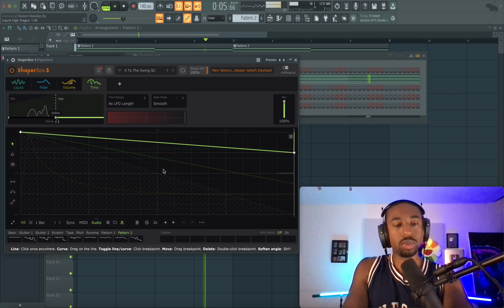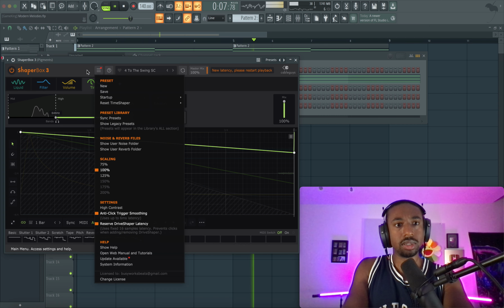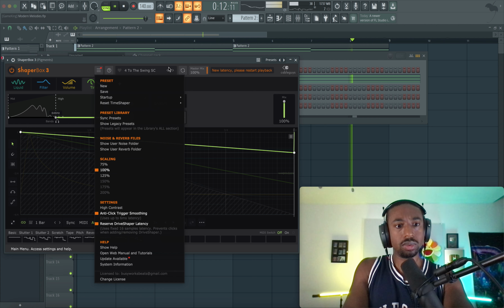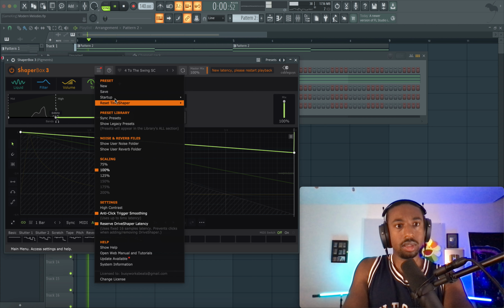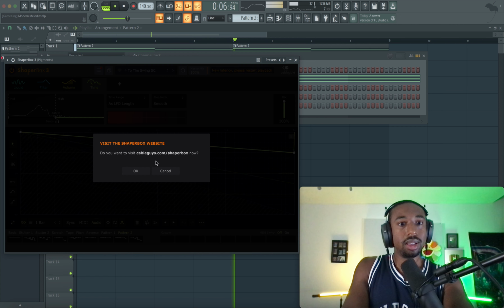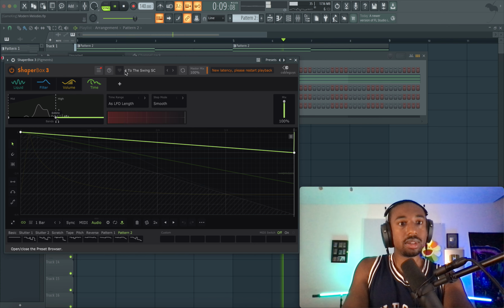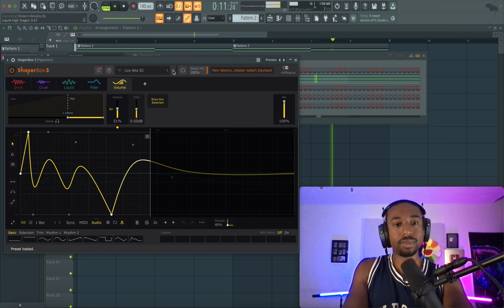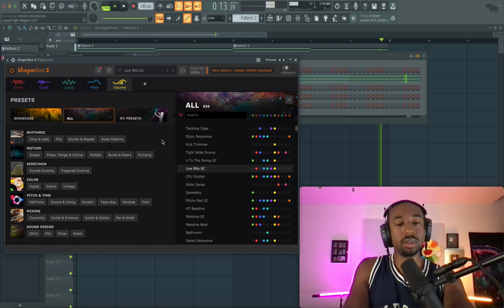So think of this like gross beat on steroids. How do we go back to the window? I have no idea how to get back to the preset window. No, I don't want to visit there. Oh, here it is. Okay.